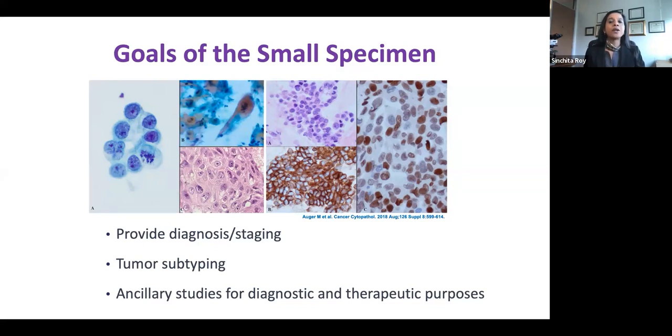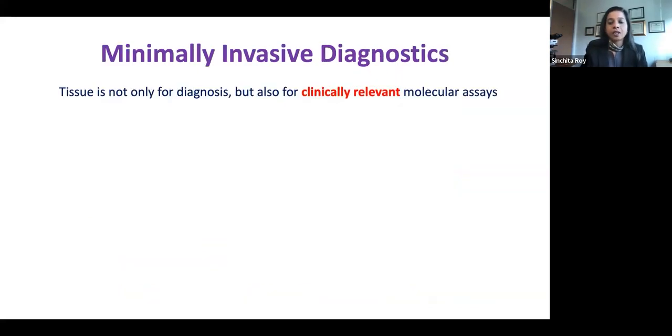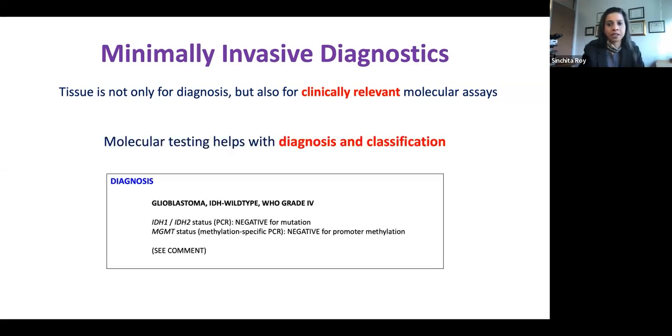cancer, but now there's an increased need to subtype it, like whether it's an adenocarcinoma or a squamous cell carcinoma. And for that, we may need to do ancillary studies, because sometimes we don't always have the morphologic differentiation. And so you want to be able to use your small specimens to do these ancillary studies, whether it's for diagnostic purposes or for some of these prognostic markers that are used for therapeutic purposes. So as I mentioned, our tissue that we collect in this current day and age, it's not just for diagnosis, but also for these clinically relevant biomarker studies, right?